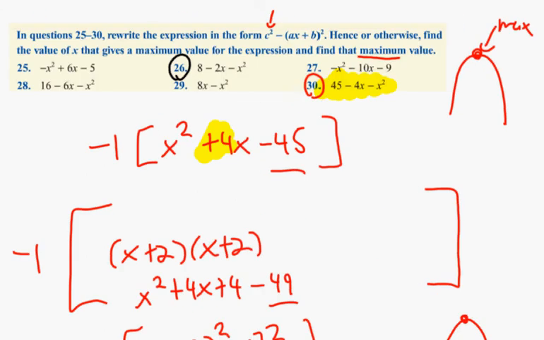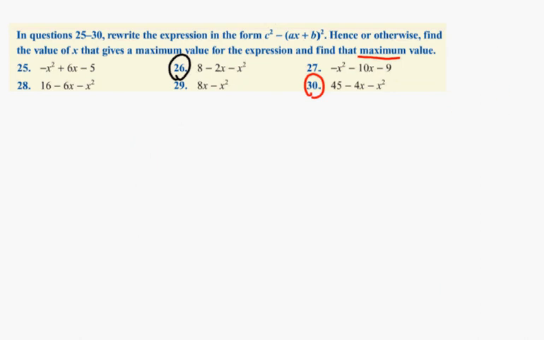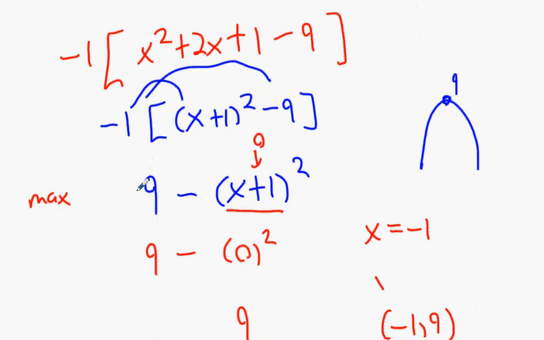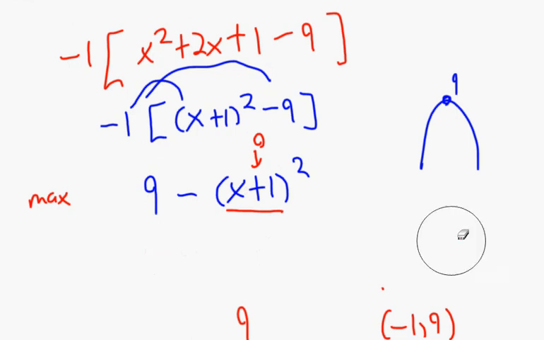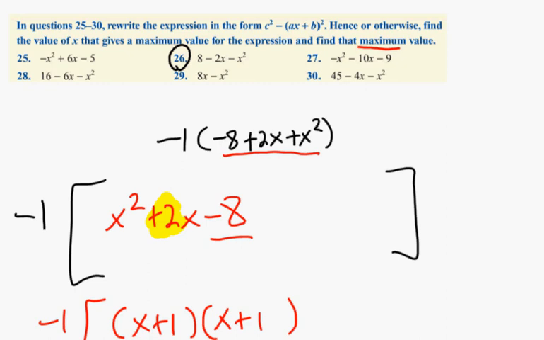At the very end of the last question, I'll just skip back to the very end of the last question. What we had was question 26, wasn't it? Okay, remember I had 9 here. I technically should have changed that 9 into 3 squared. I just forgot that at the time. Is that alright? Okay guys, so in today's class